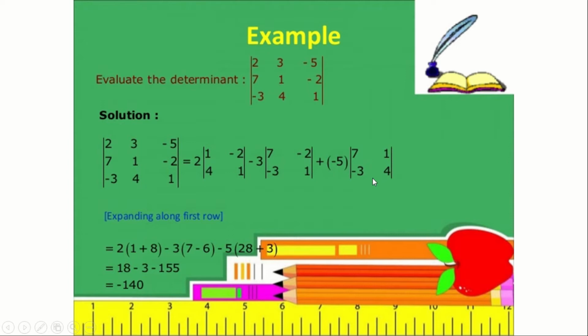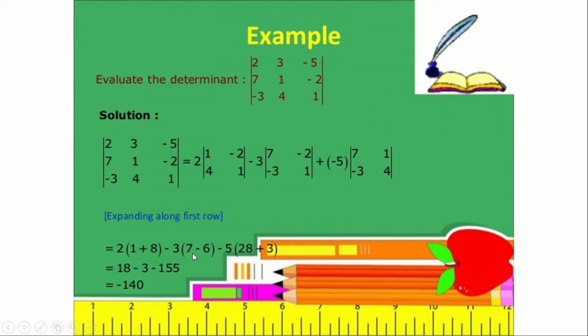Now we need to multiply the diagonal elements and later subtract this product. So 2 into 1 is 1 itself, and 4 into minus 2 is minus 8. Since it is a determinant, we can take it as minus itself, and when a minus number is subtracted, it will become positive. So 1 into 1 is 1, and 4 into 2 is 8, that is plus 8.